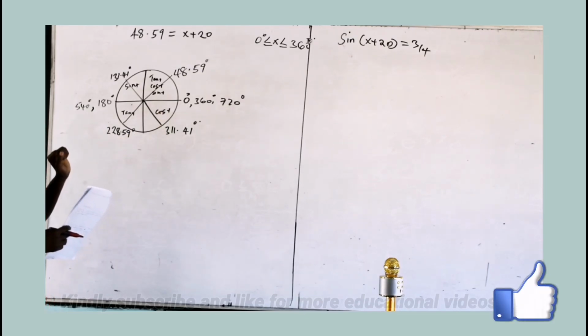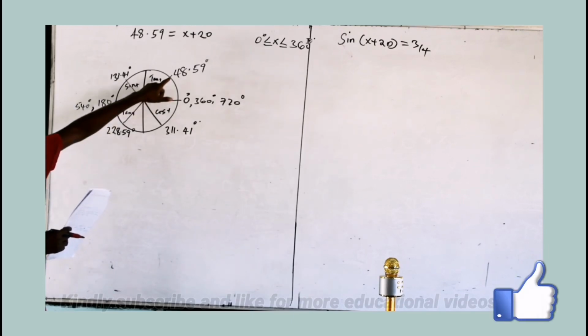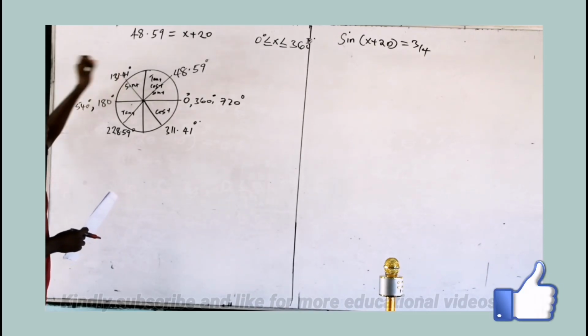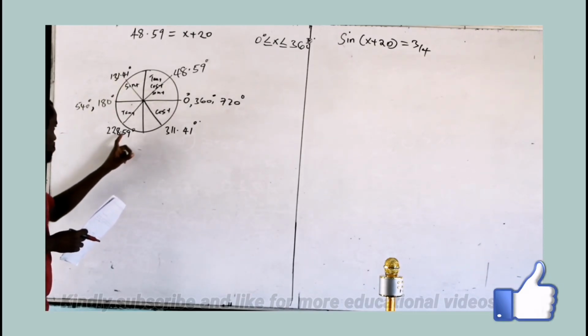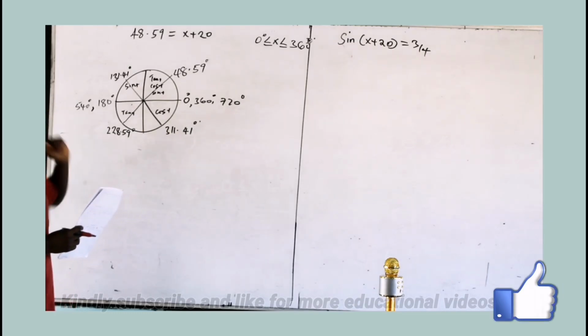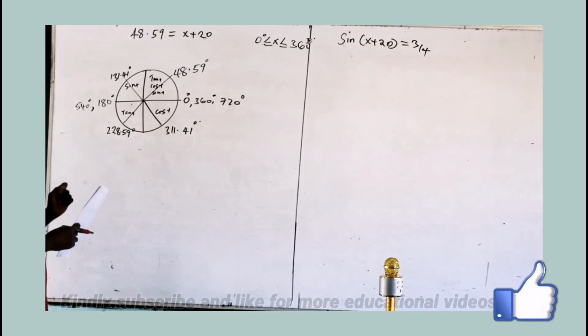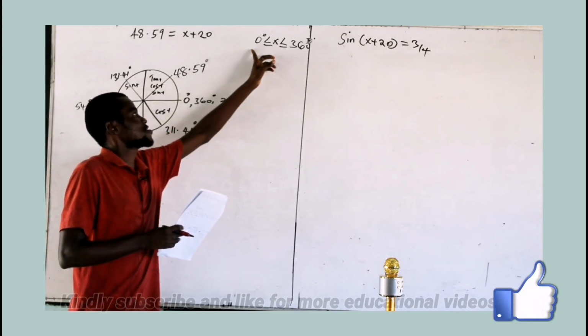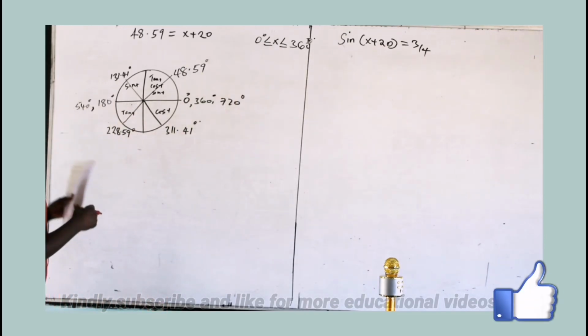So generally, in our first rotation, our angles are 48.59, 131.41, 228.59, and 311.41. That is the first rotation. So we need to proceed and see how many values of x we can achieve given the limit from 0 to 360. So as we proceed, it means I'm continuing